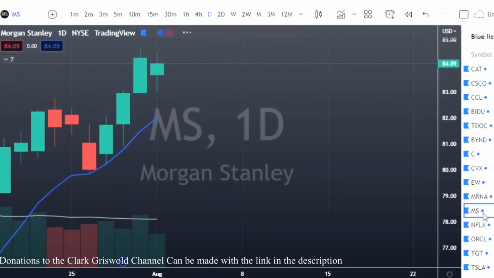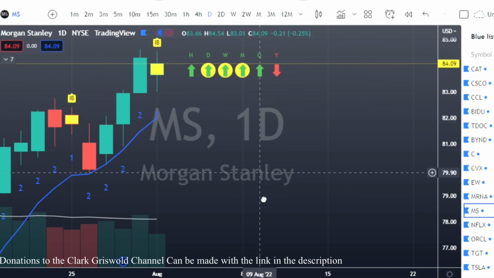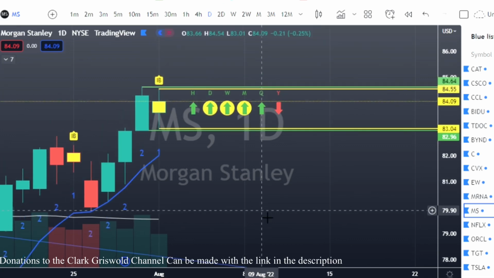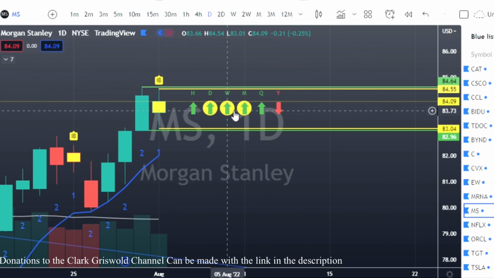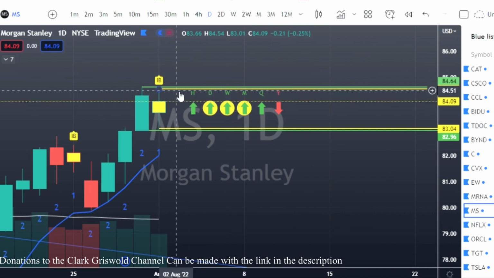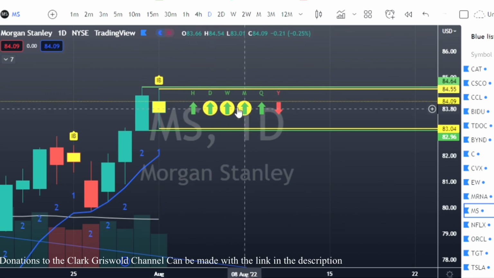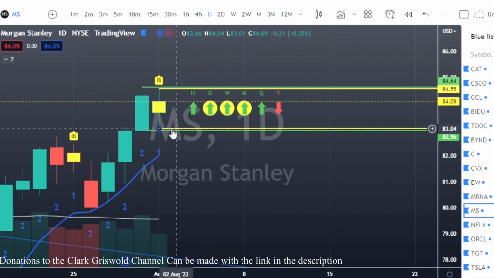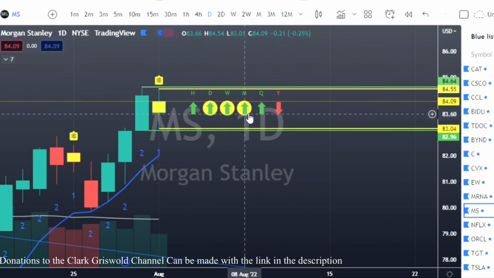That's Morgan Stanley. Inside bar on Morgan Stanley. Again, I'm not talking about time frame continuity here a lot because if we break to the upside on this, we are going to be green across the board. If we break to the downside on this, we are going to be red across the board: day, week, month. The reason being, this one candle here represents the daily, the weekly, and the monthly currently.